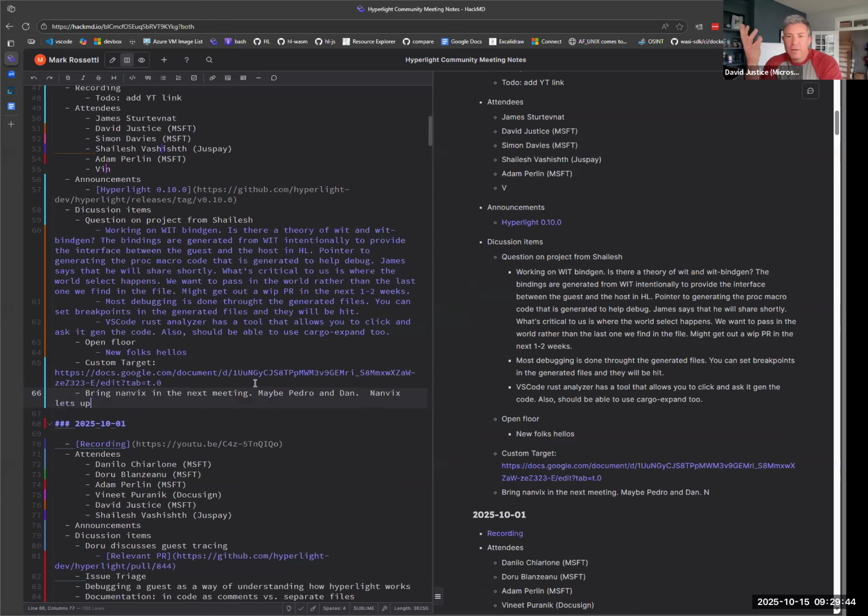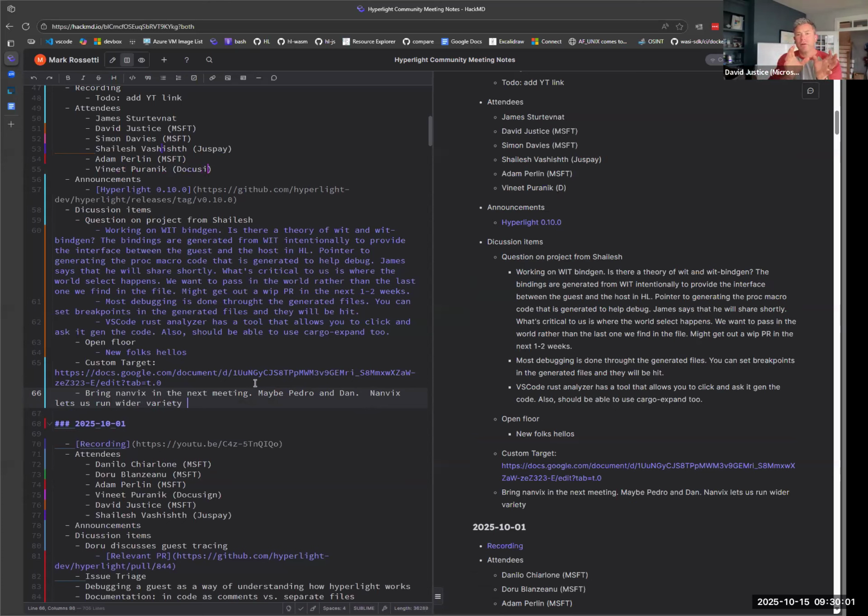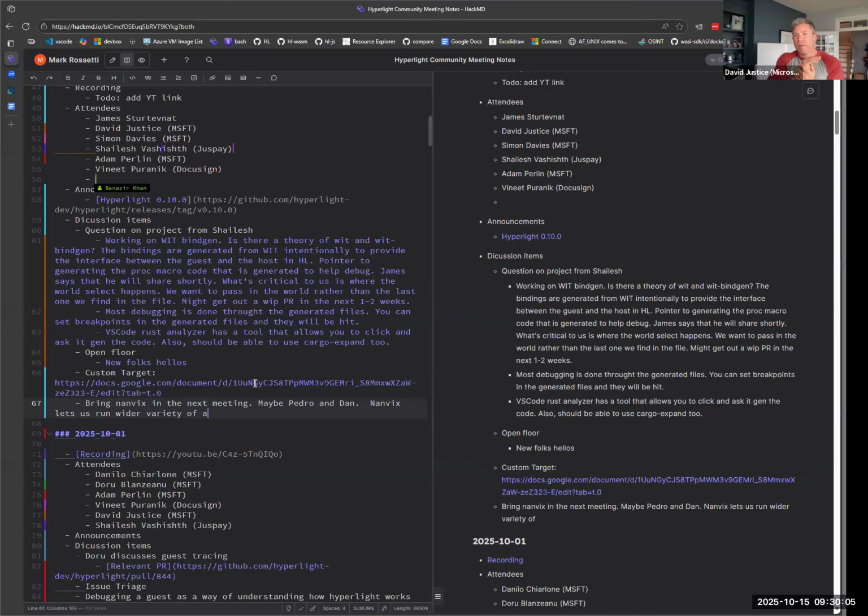Then we can run WebAssembly and do the same thing. And then we can run WebAssembly and provide host guest interactions using WIT, which is very, very cool. And then get to the point where we can show an actual microkernel running in there with scheduling, with threading, and actually running within Hyperlight. That I think would be really fascinating. I think it would be a cool one to talk about with folks. What do you think?